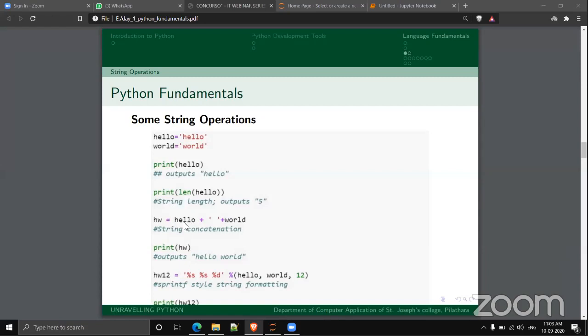So here we have the string hello in the hello variable, the string world in the world variable, and in between that I am putting a space. So hello plus space plus world. So this HW will have hello space world. On printing this HW, you can see the output is hello world.